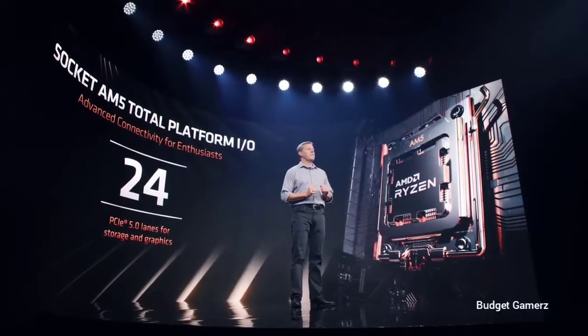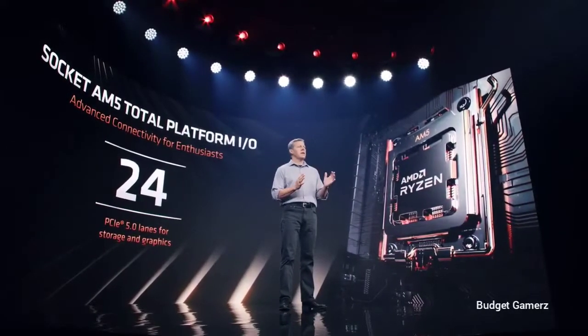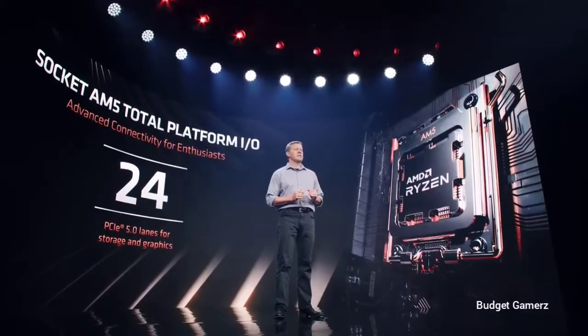And last but not least, over the past several years, we've developed a robust cooler ecosystem for AM4 platforms, supporting a wide range of passive, air, and liquid coolers in all shapes and sizes and price range. And I'm happy to say that as we make this transition, our new AM5 socket will be compatible with existing AM4 coolers. When you look at AM5's I/O capabilities, we've made many enhancements, like enabling 24 PCI lanes capable of